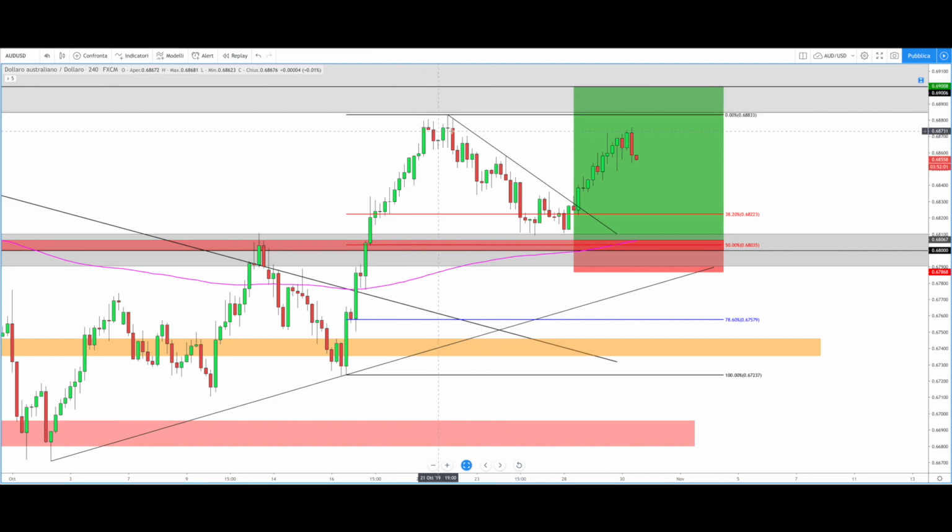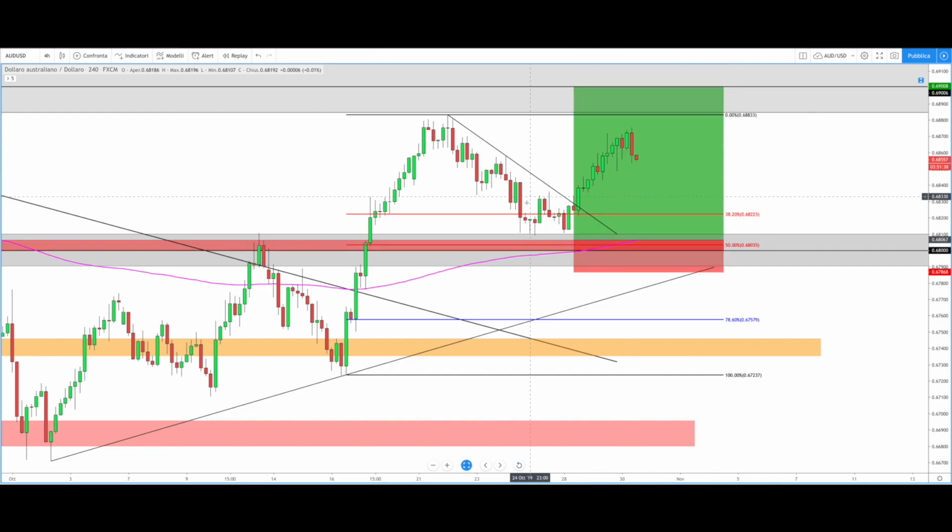But the price didn't find the strength to go higher and really touch this key level, and from this point started a correction that brought the price to touch this Fibonacci retracement and almost touch this key level 0.68, where we can also find this second Fibonacci